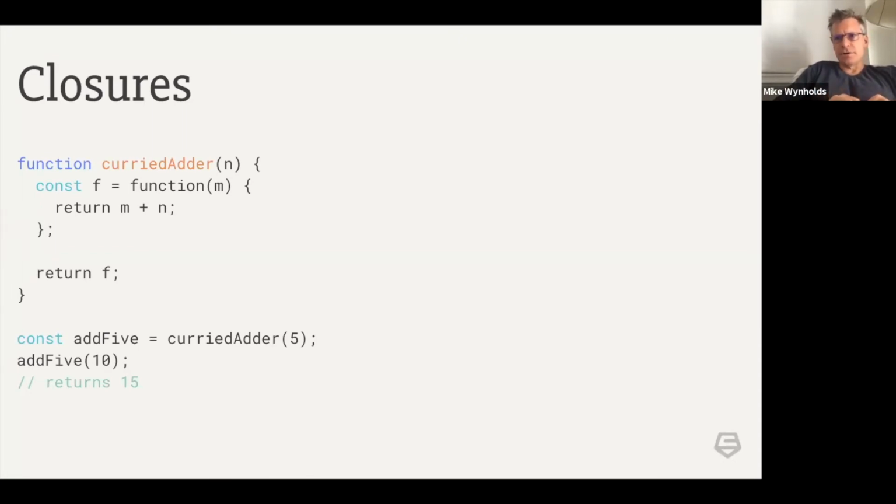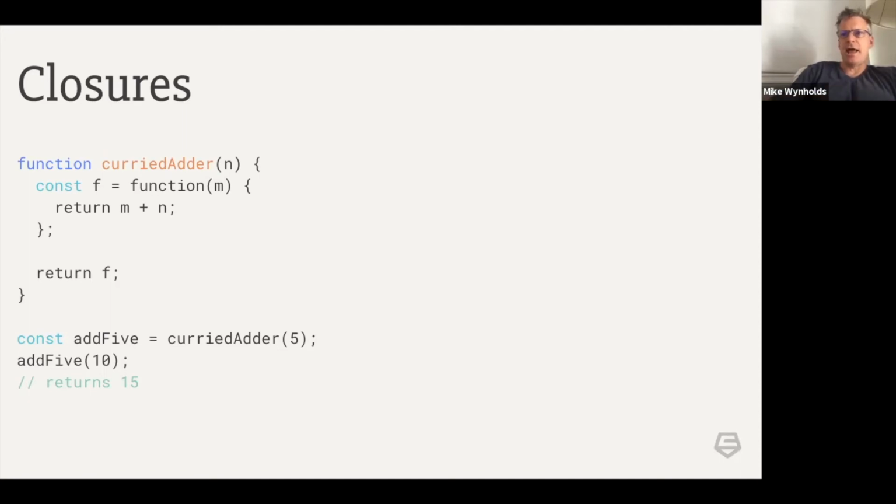But under the covers, if I'm remembering correctly, scoped variables exist on the stack typically, and in the heap maybe, at any point of execution in the program. And when a function gets returned from another function, the data it has scoped to it, but outside itself, that it has access to, gets copied onto the heap into a place that it has access to. Now, I don't know all the details. It might work differently in different implementations of JavaScript, but nonetheless, if you look at this